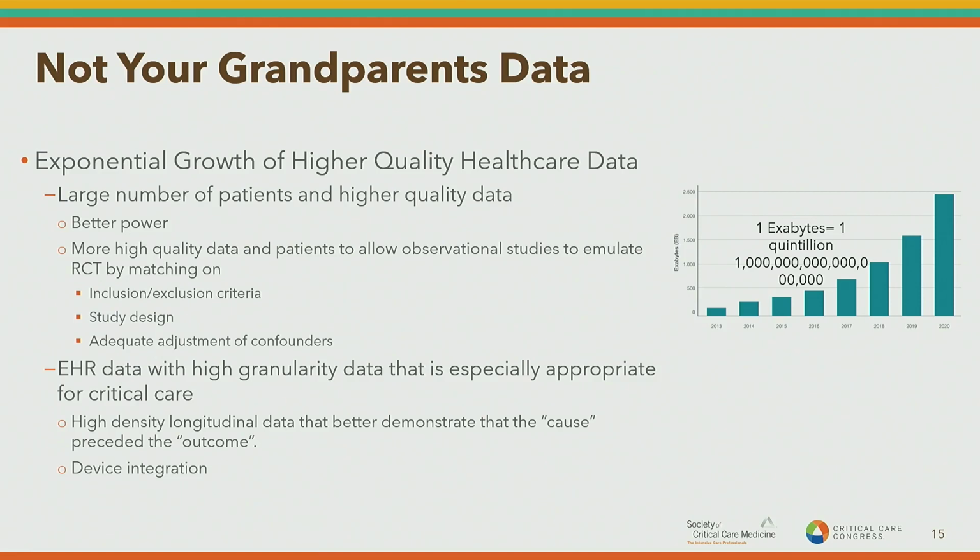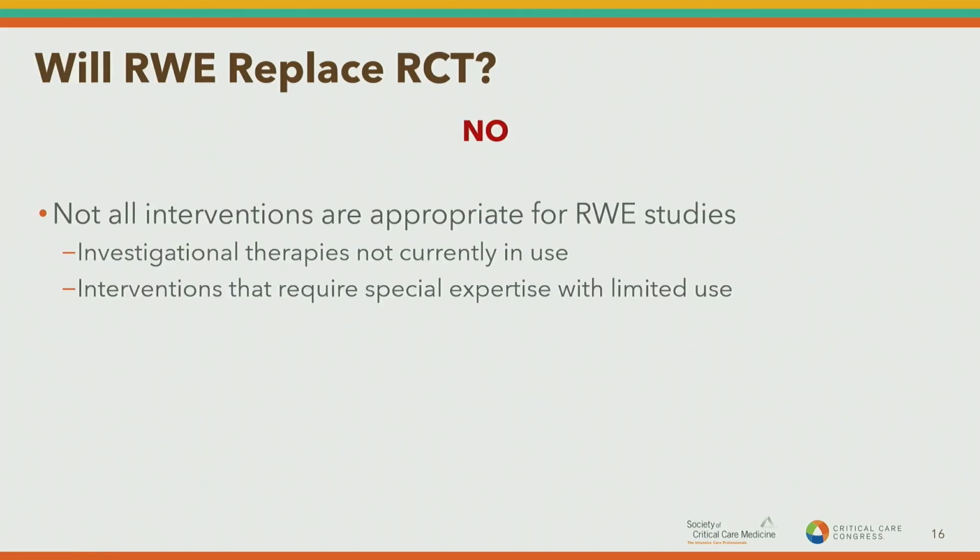In critical care especially, the higher granularity data, especially if you have device integration, really helps with regards to finding a causation, because you know exactly when the intervention is, and you can see exactly what happens afterwards. So giving you that pre to predict the outcome. But that's not to say that real-world evidence is going to replace randomized controlled trials, because